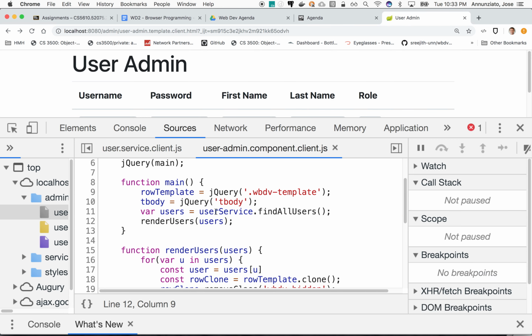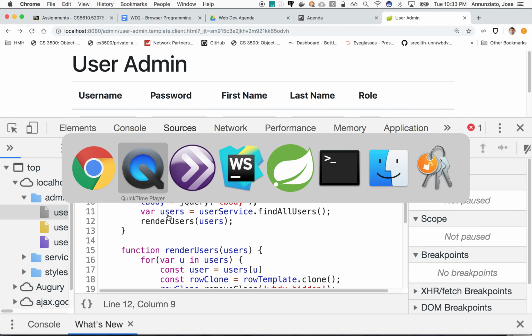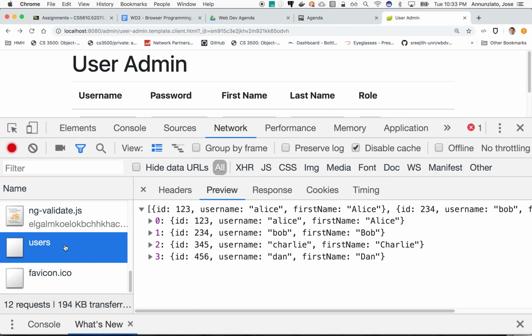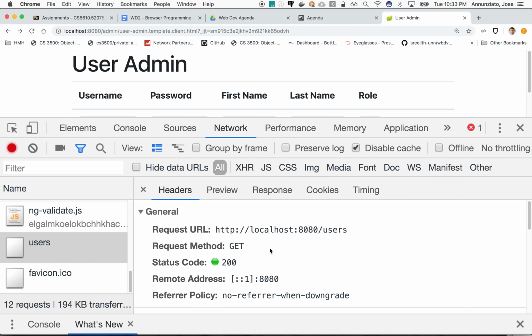A promise is a newish API that allows us to deal with asynchronous network communication. Notice that this find all users is going out through the network, generating this URL get, going out to the server.